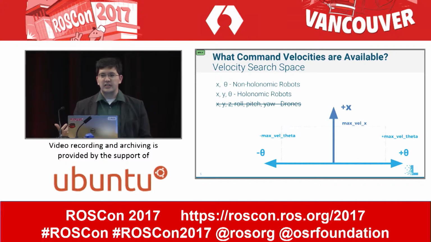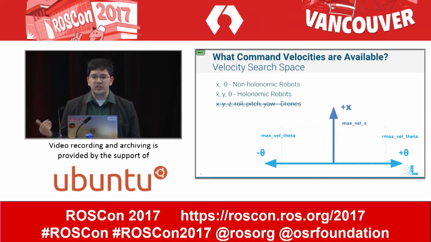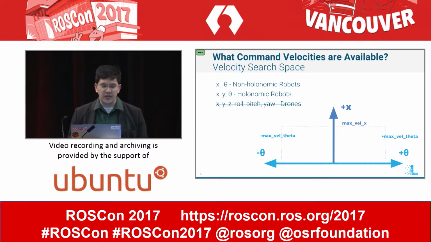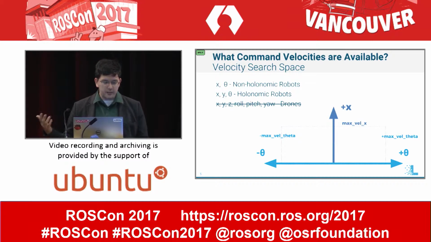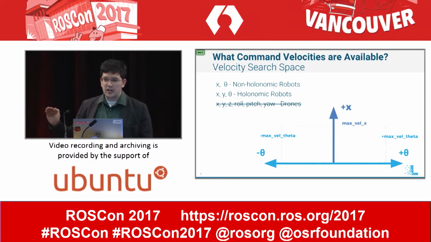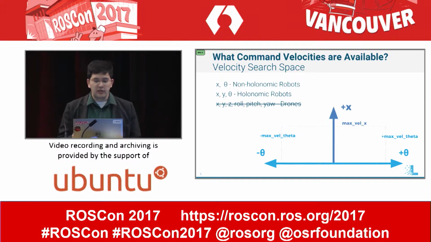So we're talking today specifically about navigation in 2.5 dimensions, i.e. x, y, and theta. Don't always have to use y, and a lot of the examples won't. So you can define all of the possible search space for local planning in terms of your different velocity dimensions. Here you see that we define a maximum x velocity and a maximum velocity in theta as well. But this just defines the velocities that are available at some point, and not necessarily at the present moment for the robot. In fact, one of the classic methods of local navigation has a problem that is related to this,